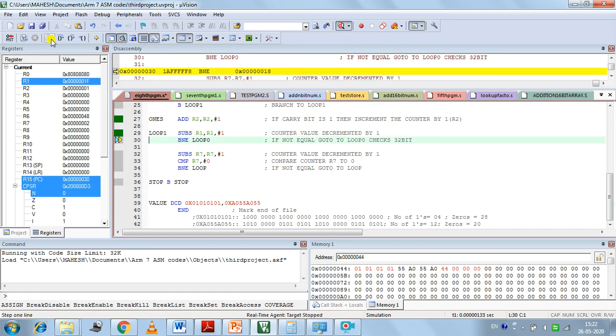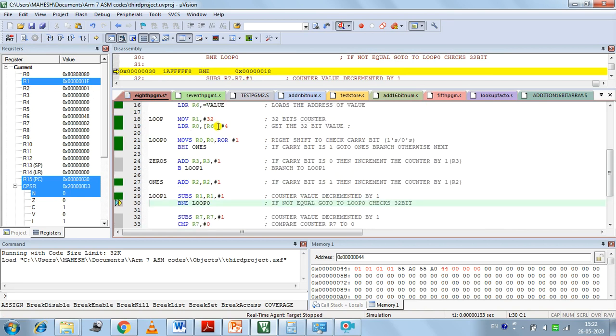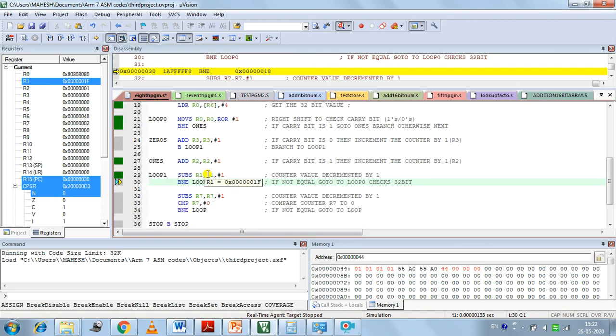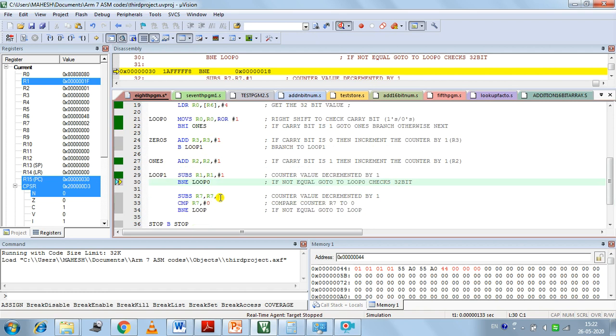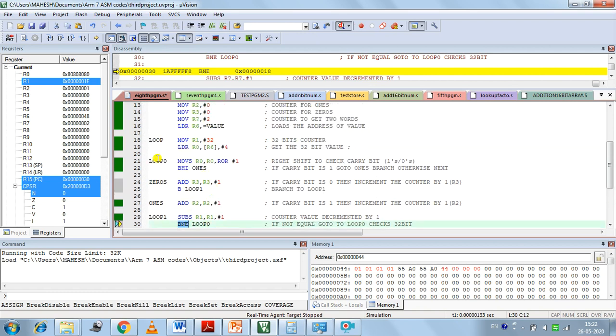Again it is going back, subtracting the R1 counter. In the 32-bit number we have rotated it by 1 bit, which means now we have to check the remaining 31 bits. That's what we are doing here. You have to decrement the counter each time after the ROR operation, and branch if not equal, then it is going to loop 0 once again.